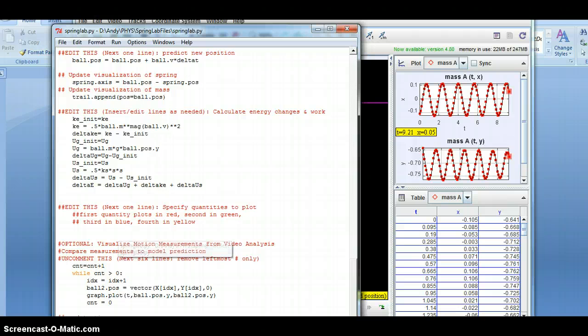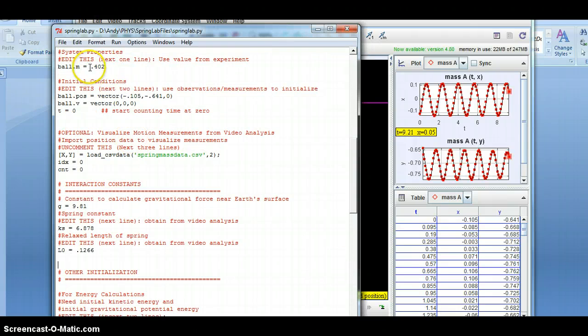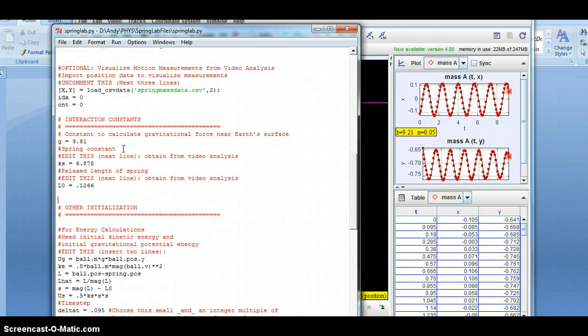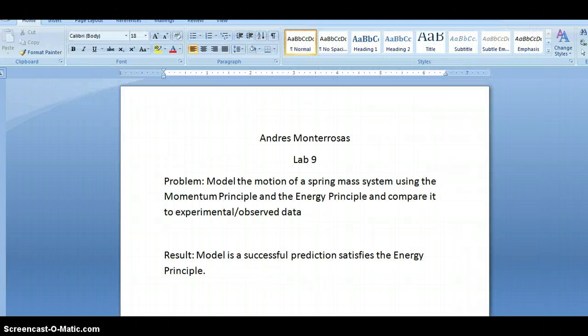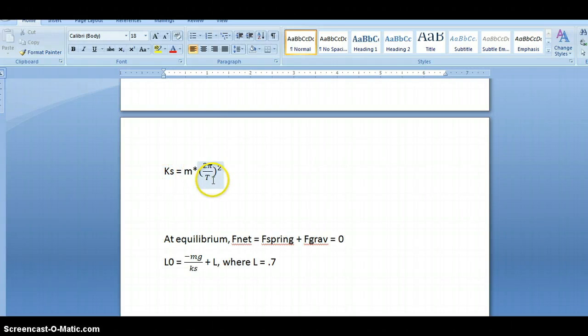I modeled the motion in Python given the mass of the ball as 0.402, the initial position as shown on Tracker, and I also loaded this data from Tracker to compare it to the model. I have the gravitational constant and the spring constant. I got the spring constant from the period of the y oscillations. I just rearranged the formula so that the spring constant would be given by this, and I found it to be